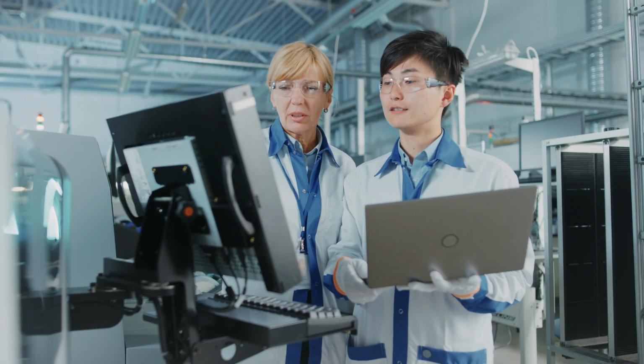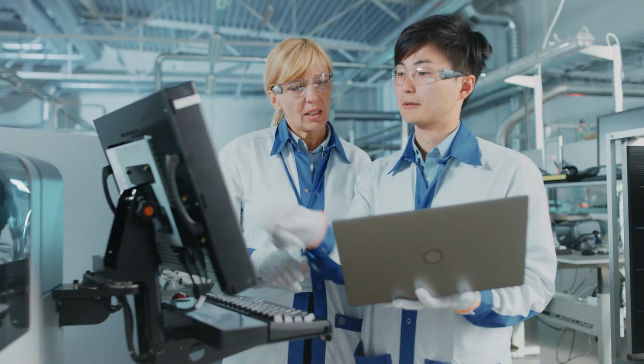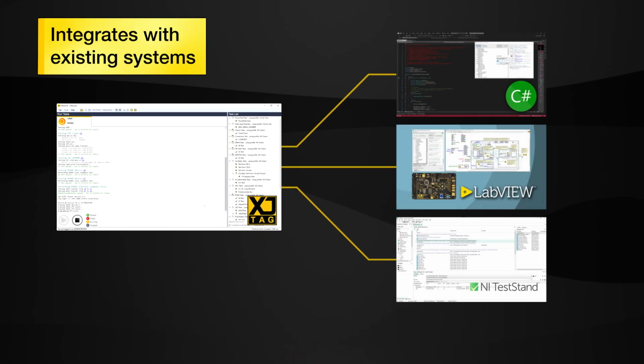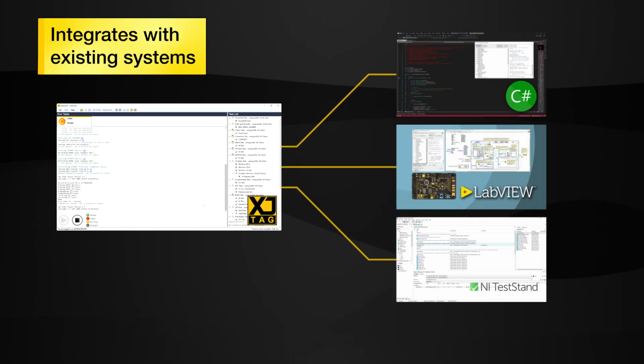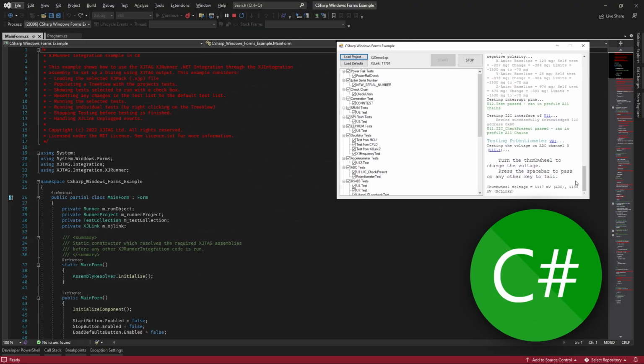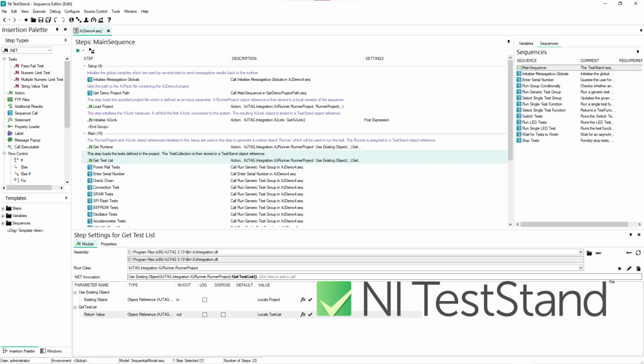But what if you've already got a production test executive and want to add boundary scan testing to it? If that's your situation, you'll benefit from the way XJTAG comes with an API for integrating boundary scan tests into bespoke systems or into applications created with third-party software like LabVIEW, TestStand and others.